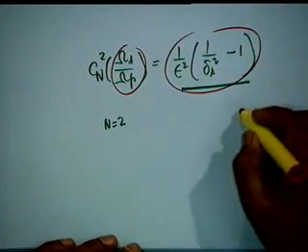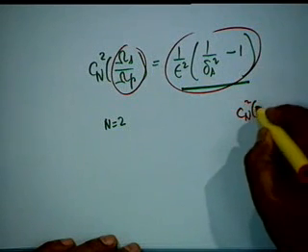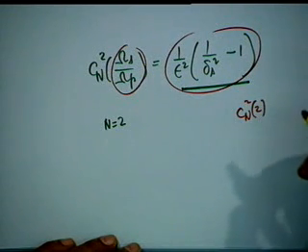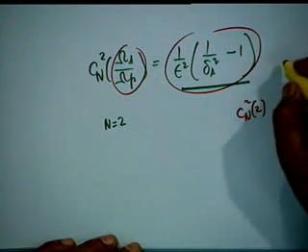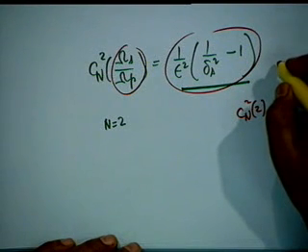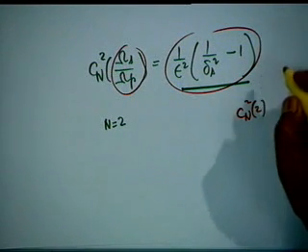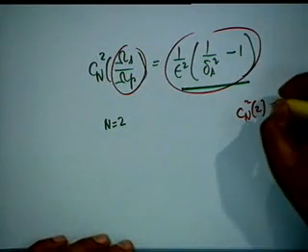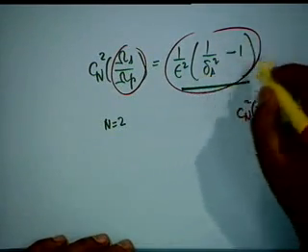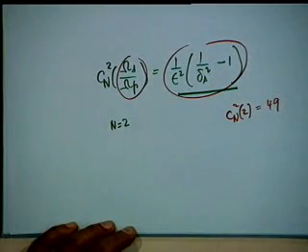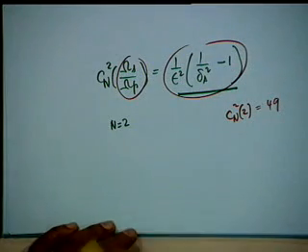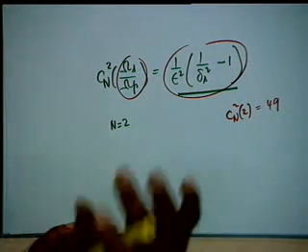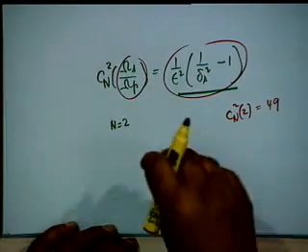For example, Cn squared of 2, how much is this? If capital N equal to 2, what is Cn of 2? 2x squared minus 1, so 8 minus 1, 7. This would be 49. On the other hand, the right hand side may be 4 or 9. You may have to exceed drastically, but nevertheless this is desirable because you are over satisfying the stop band specs.